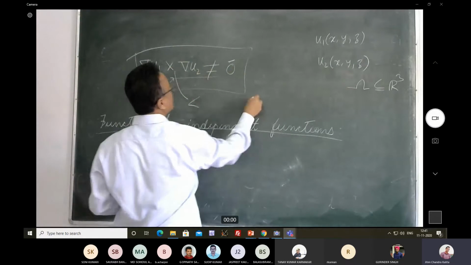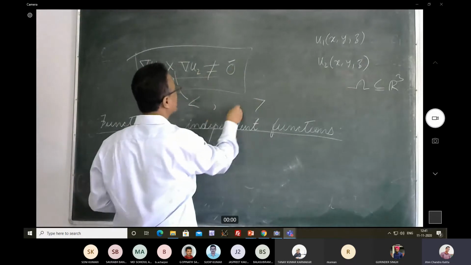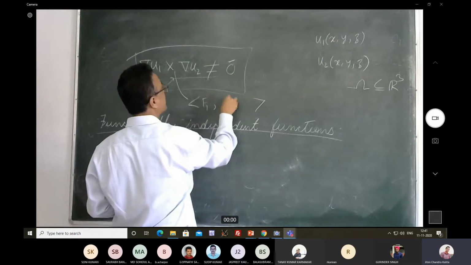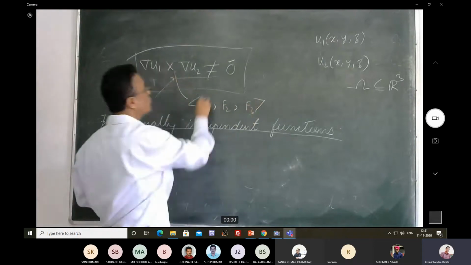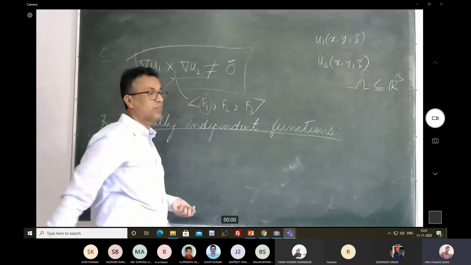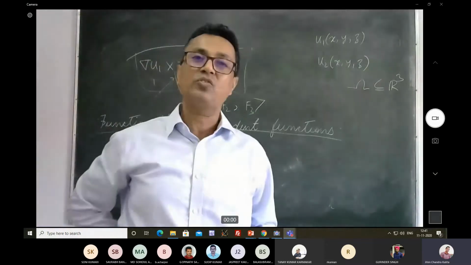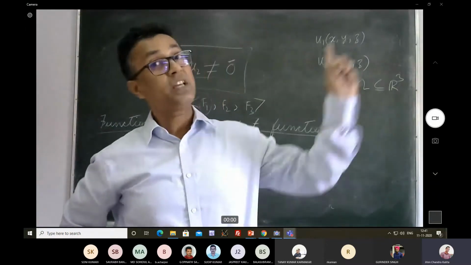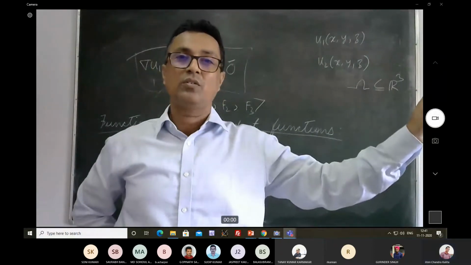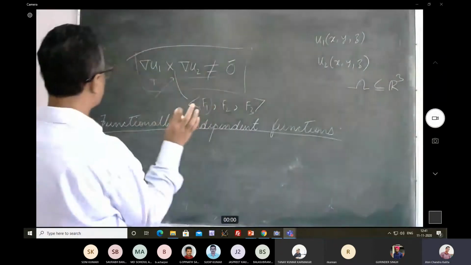It is going to give you a vector with components, say f1, f2, f3. We have already seen that. If at least one of them is non-zero, then from the implicit function theorem,